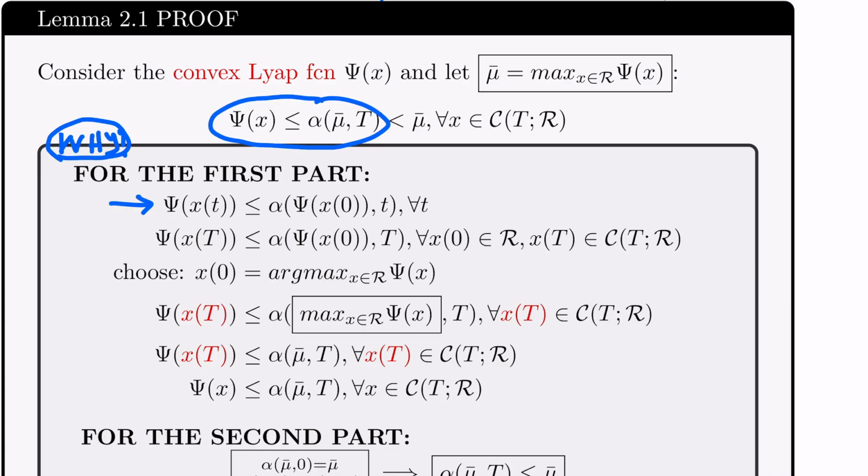Here we're going to look at, so this holds for every t, right? Possibly t. We are looking at only t equals T. We are looking at only one specific t, right? Time instant. Okay, we didn't change anything. We didn't change anything. Okay. And here we are looking at, for all the initial points, we are restricting that. We are looking at a given set of initial points. We are looking at those initial points, right? Then we are looking at,